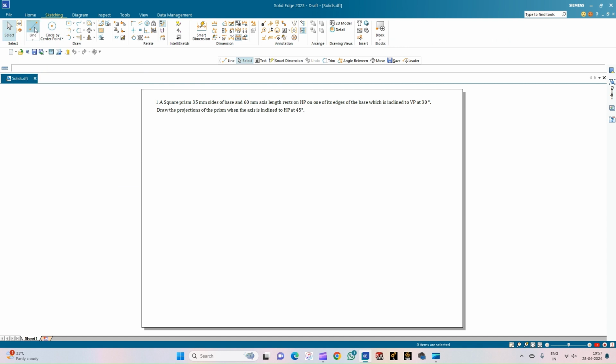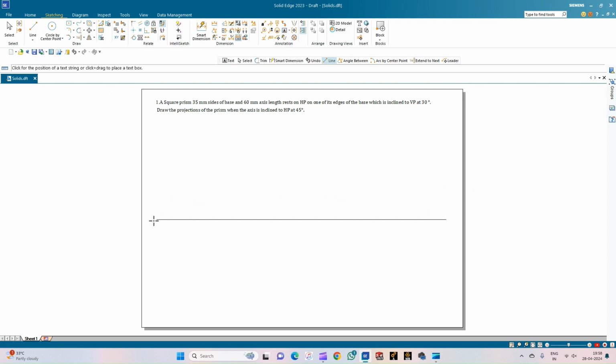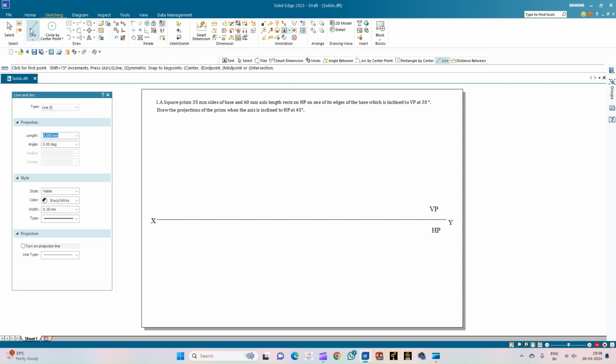So we shall begin by drawing the line of thickness 0.18 and annotating this line as the xy line and also the reference planes as VP and HP. So now we will draw the top view of the square prism which is resting on one of its edges of the base. So now we can just choose a line of thickness 0.50 and then draw the top view